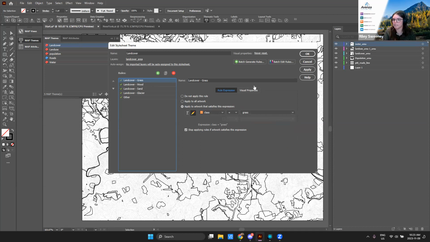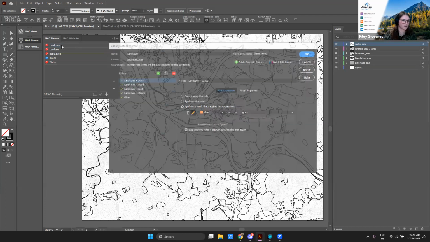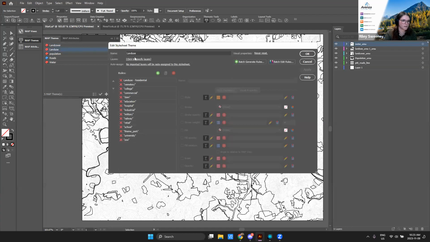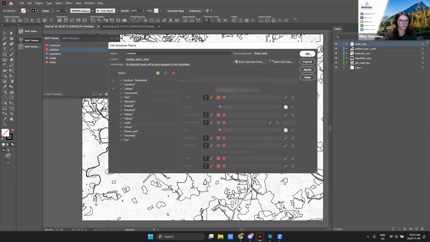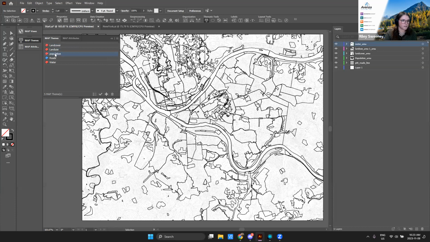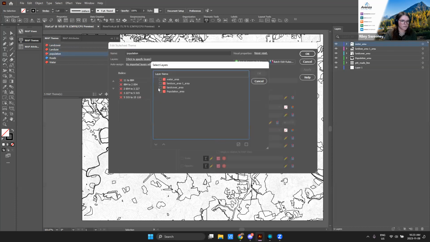This one's set up ideally so that we don't have to, in the interest of time, but we can go ahead and apply each of our map themes that we borrowed